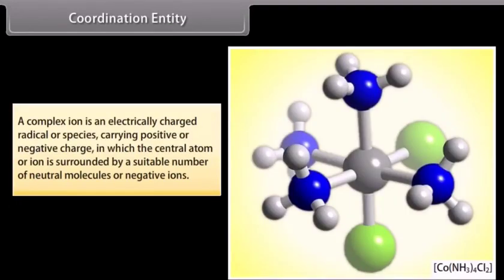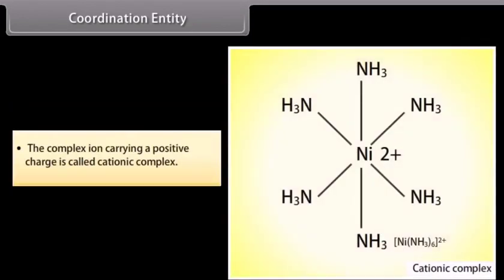Coordination entity. A complex ion is an electrically charged radical or species carrying positive or negative charge in which the central atom or ion is surrounded by a suitable number of neutral molecules or negative ions. For example, Co(NH3)6Cl2. The complex ion carrying a positive charge is called cationic complex. For example,